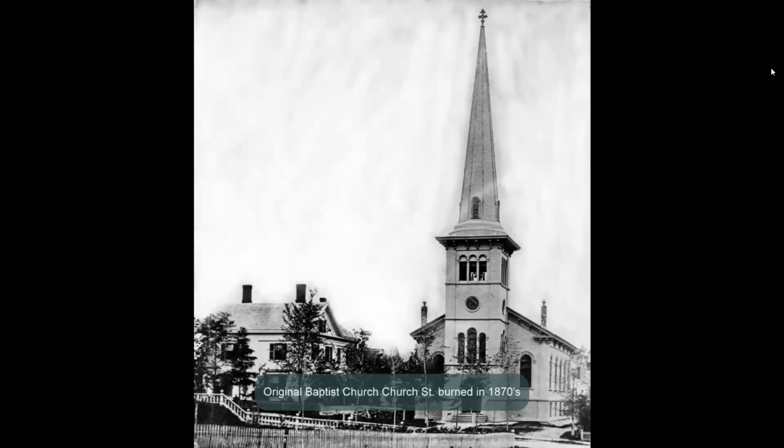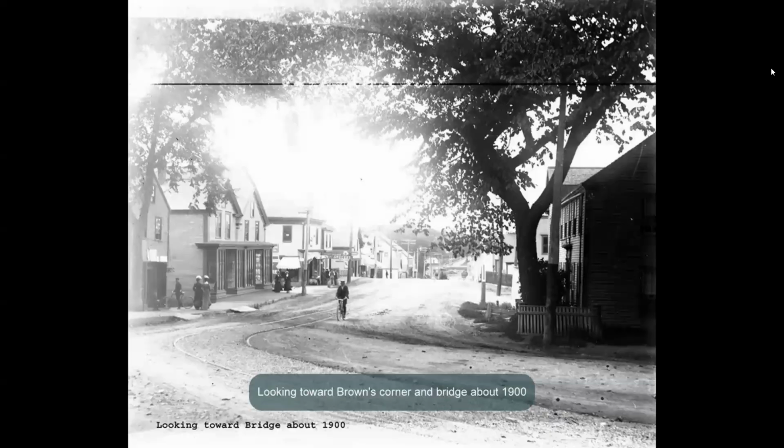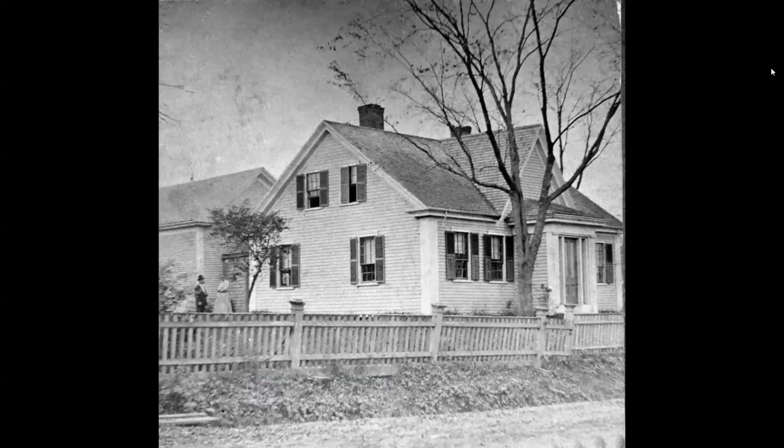That's the old Baptist church before the brick one. It burned, yep. This is also Brown's Corner, just a little different view. But it was all quite different than it is now, of course. And I think this is the last picture. This house is still standing. Well, it's not one that you probably noticed, but